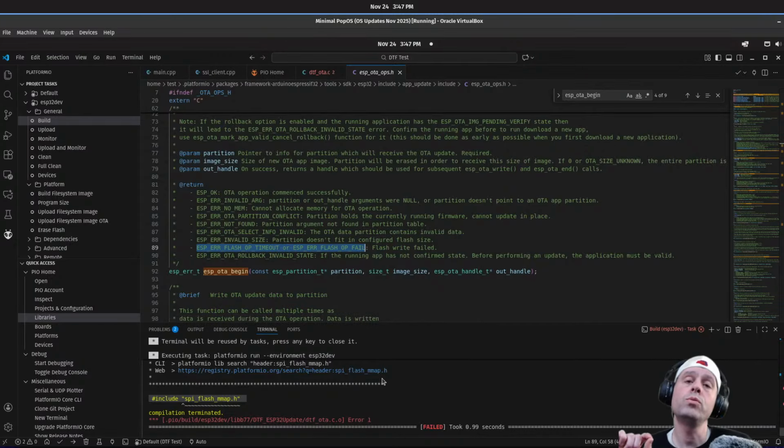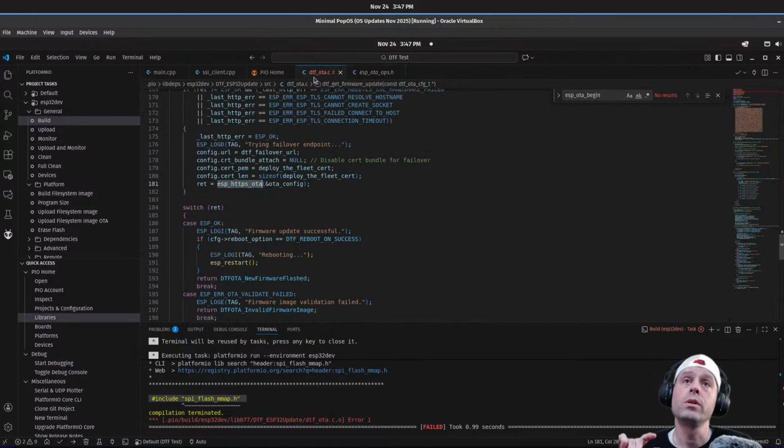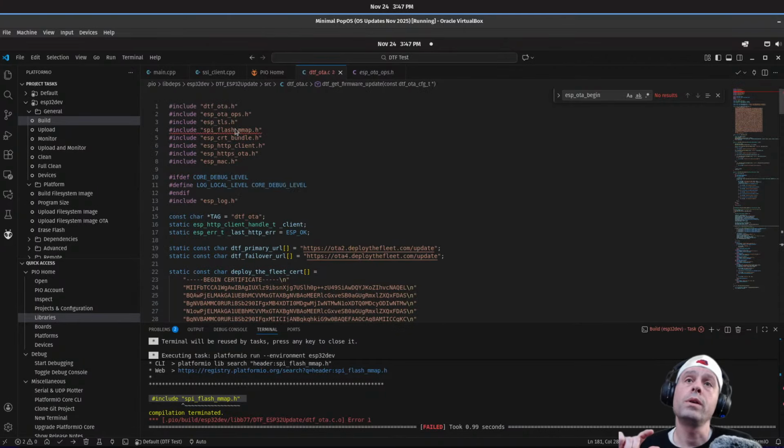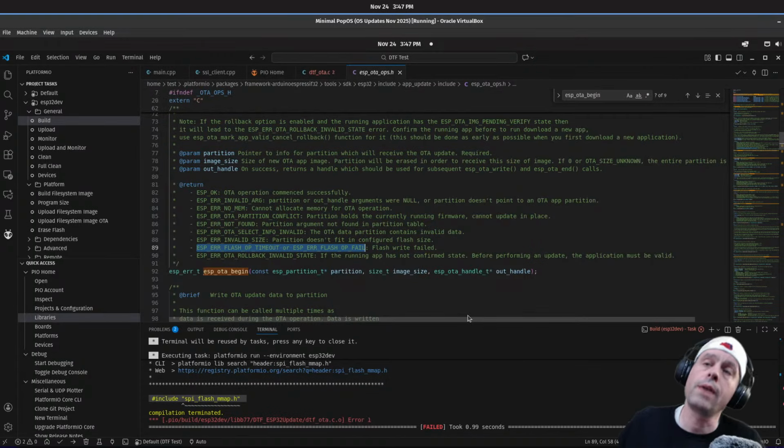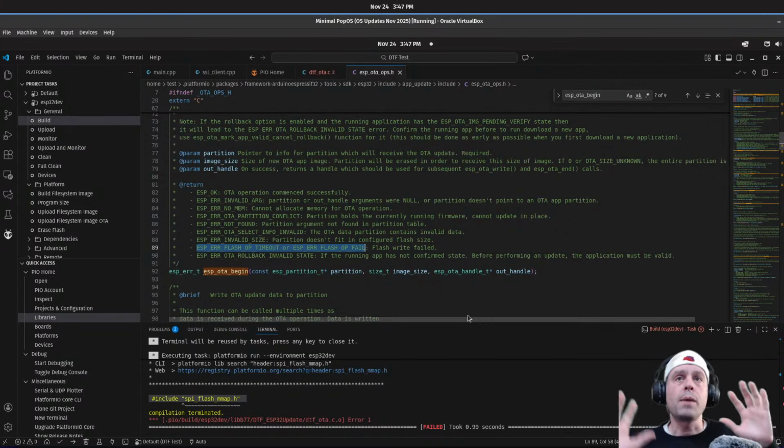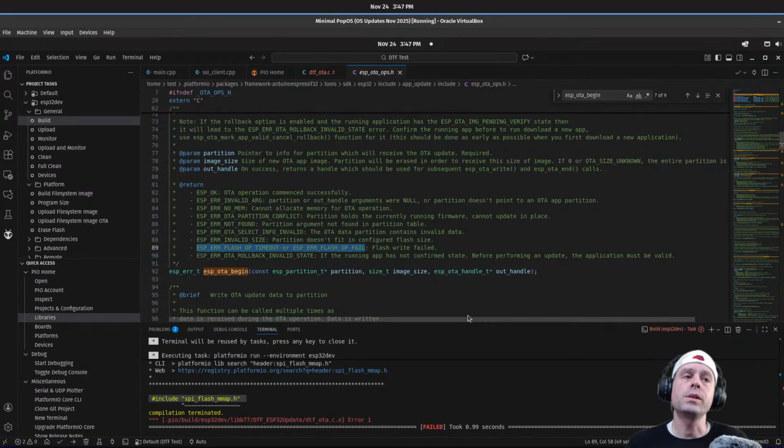These two definitions are only found within SPI flash mmap. And so what has happened is whatever the build process is, and that's what I haven't quite figured out yet, and I'm still digging, whatever process wraps all of this up into this framework Arduino ESP32 with all the precompiled A files is not including SPI flash mmap because it doesn't think it's necessary.